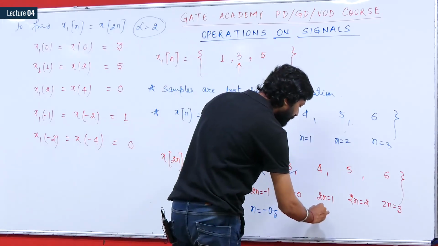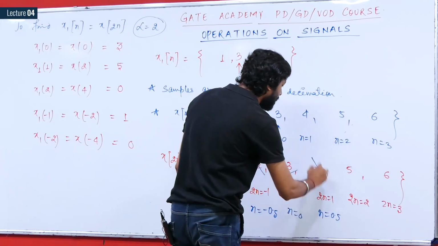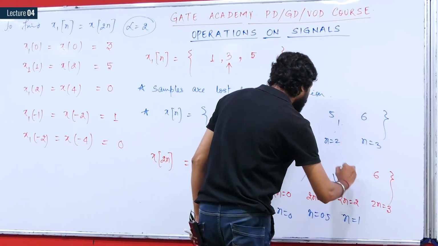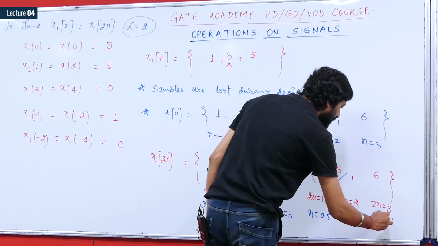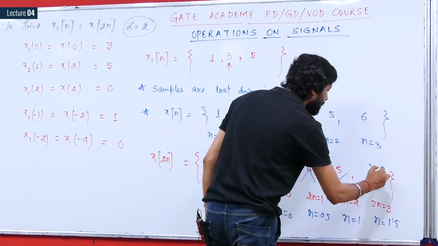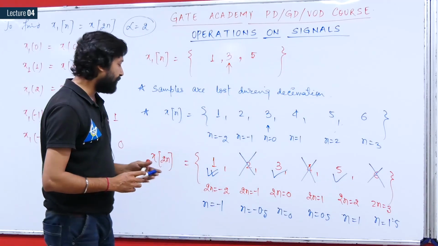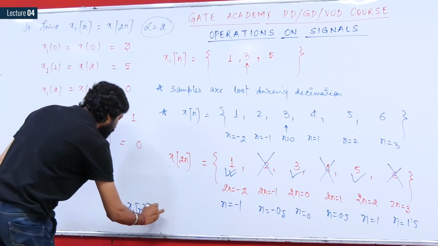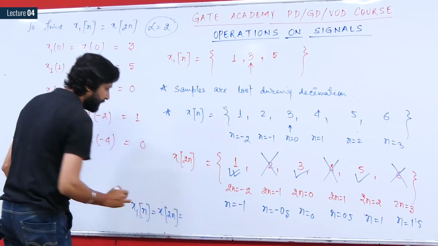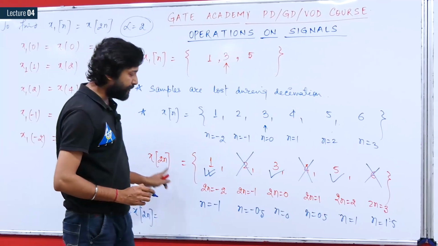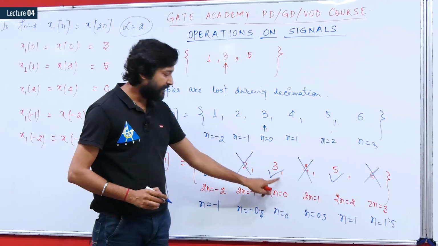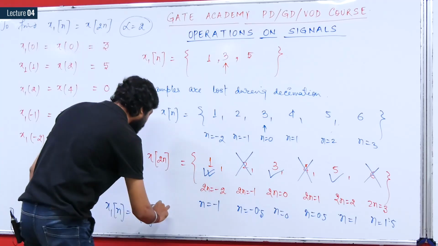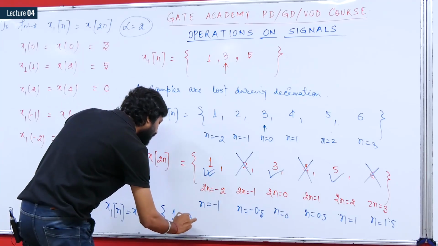But again here you can see you are having n equals to 0.5, so this value will not come in x of 2n. Here again we are having n equals to 1, so this value will be there, but here it is n equals to 3 by 2, that is 1.5, so this value is again not going to come. So we can plot, finally you have named this signal x1 of n to be x of 2n. So you can see here that the signal x of 2n will be having values. At n equals to 0, the value will be 3, at n equals to 1, the value will be 5, and for n equals to minus 1, the value will be 1. Therefore you can obtain the signal 1, 3 and 5.